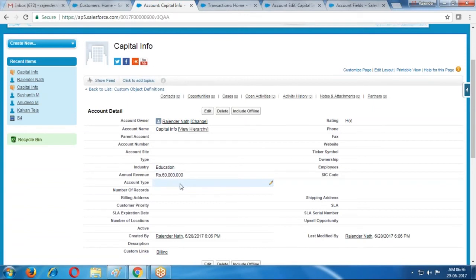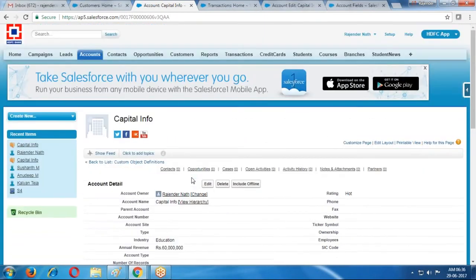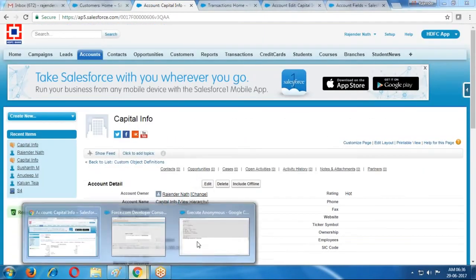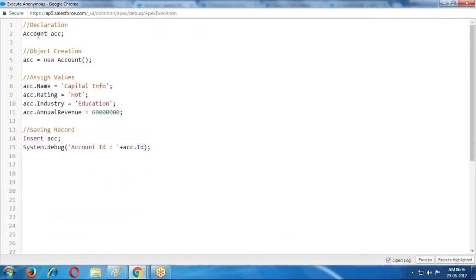You can create records through development. Programmatically, if you want to insert, predefined classes are provided in the backend. If you want to store data into account, Account is a predefined class. Using the account, we can store the data. These are nothing but the field names.